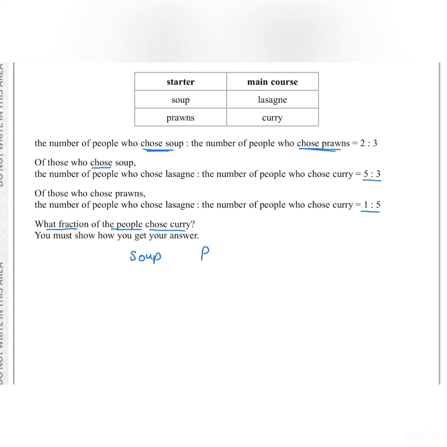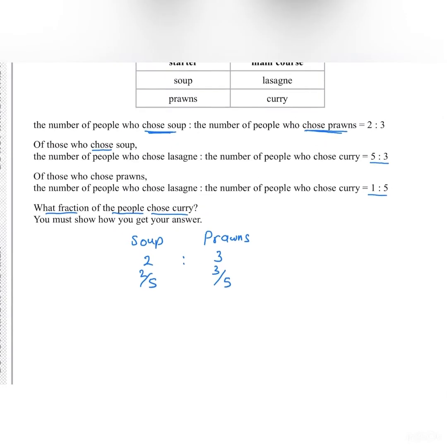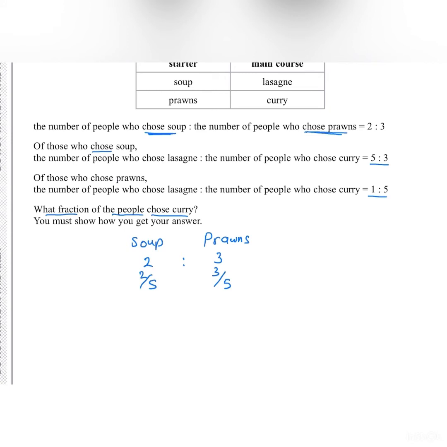Soup and prawns were in the ratio of 2 to 3, okay? But basically 2/5 of the people chose soup and 3/5 chose prawns. And then the next information, it says, of those who chose soup, so we're just looking at this section here now,